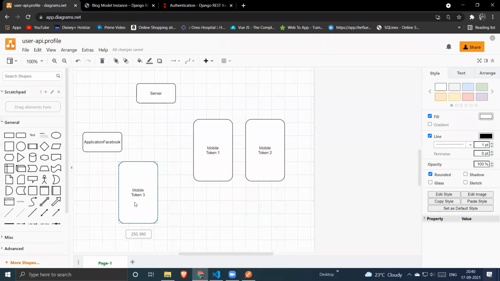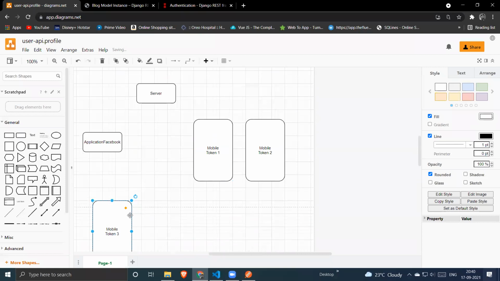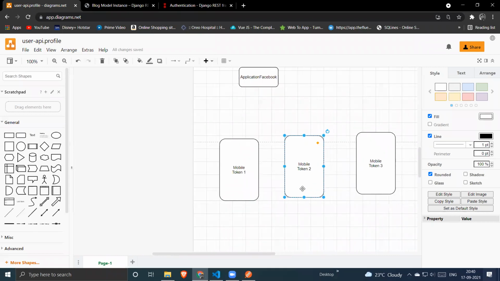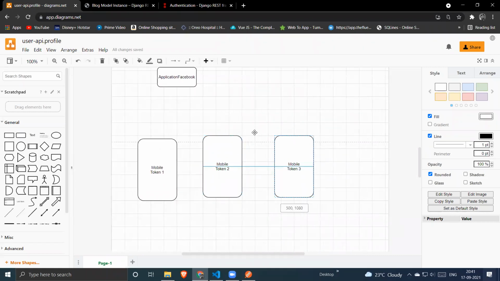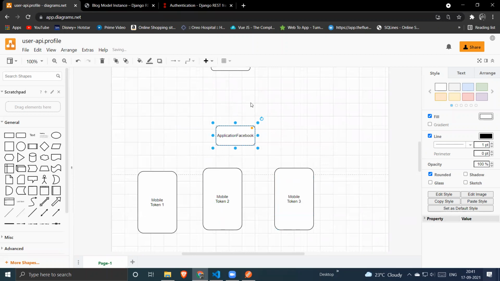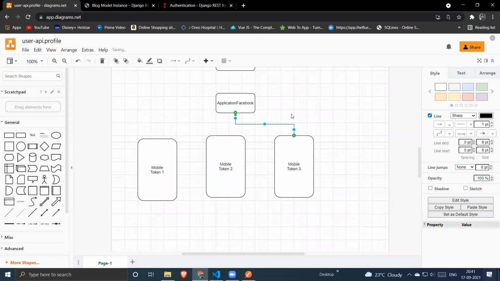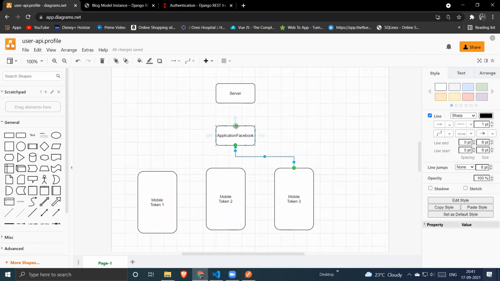Okay, how can I connect this? So if the third mobile is requesting his own profile, then it will provide this token 3 to the application. Application makes an API request to Facebook.